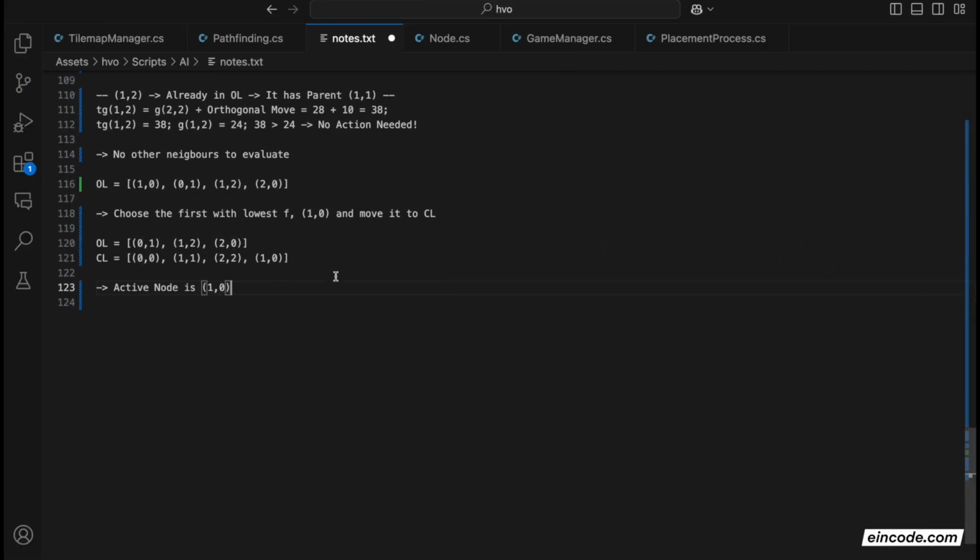All right. So now we are choosing the parent, and then the neighbor. The neighbor here is 2, 0. It's already in the open list, so we'll copy this line. It has parent 1, 1. That's correct. So we are going to compute TG, the tentative G, for 2, 0, and that's equal to G over